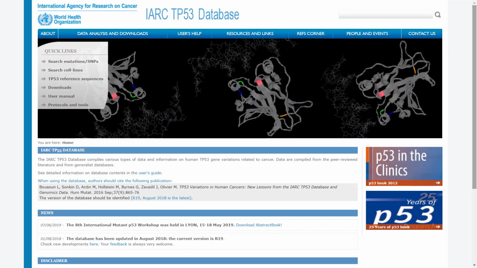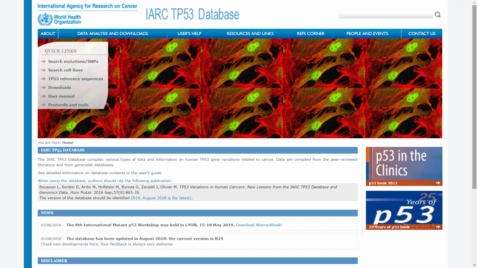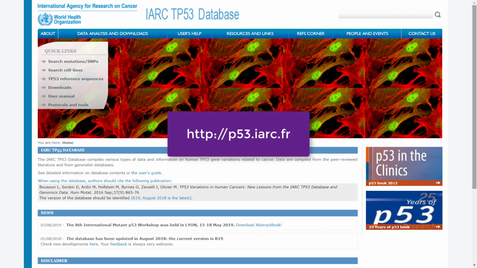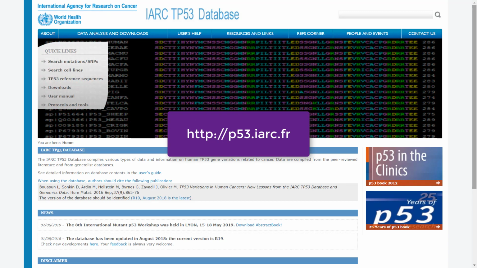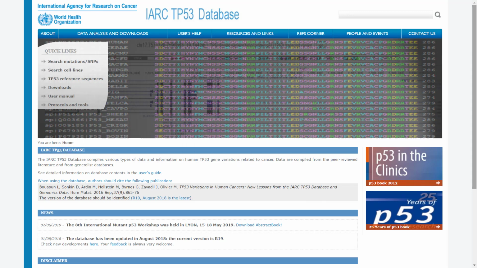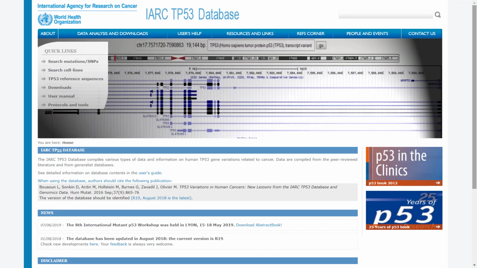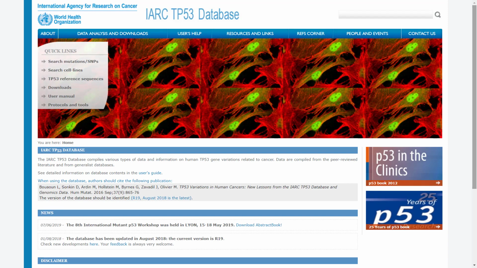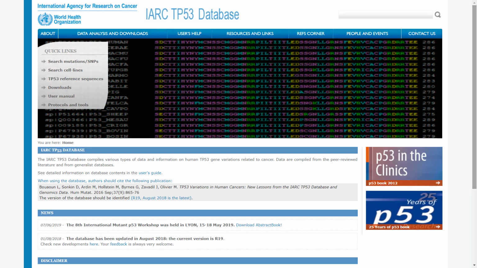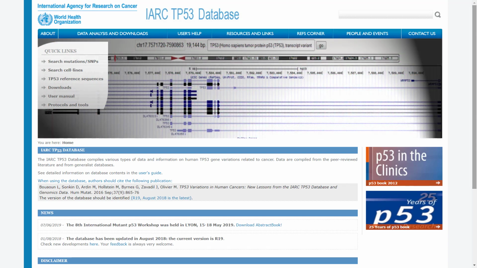The p53 protein accounts for the Li-Fraumeni syndrome mentioned by Dr. Elad. One useful resource is the IARC TP53 database, maintained by the International Agency for Research on Cancer in France. The site includes useful information regarding p53, including information on somatic mutations, germline mutations, as well as assessment of variant significance. It also includes other information such as experimental protocols and animal models. Let's examine the use of this site.